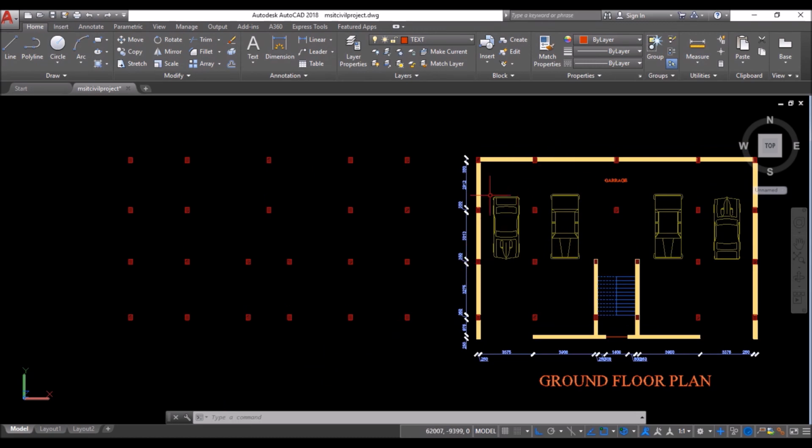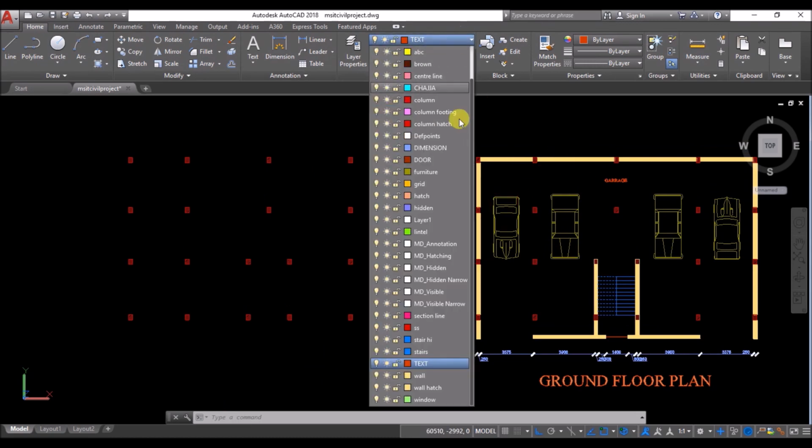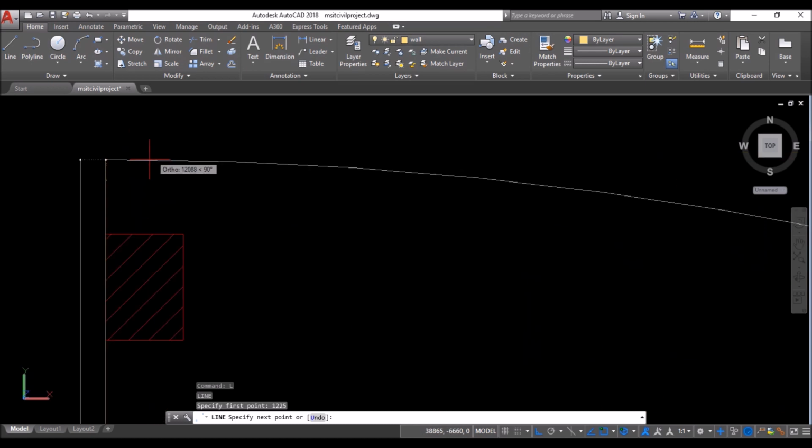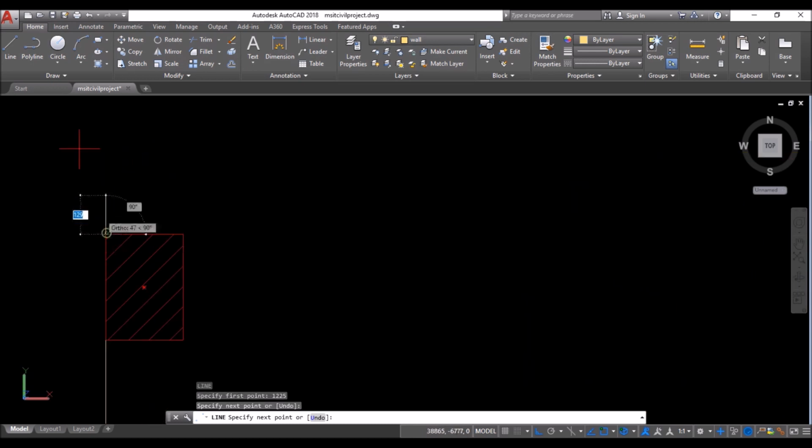Now I'll create the outer wall. So create the wall layer and set it to current layer. Then type L and press enter. Take 1225 units extension downwards from the endpoint snap as shown. Make sure the object snap extension is turned on. Press function key F11 to turn it on. Then click at the snaps as shown.